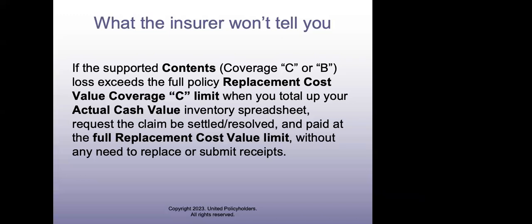So, I'm not saying you need to be an expert in your policy. What I am saying and reiterating is the importance of getting a full copy of your policy with all endorsements, and at least taking a look at your endorsements. Even if they don't make sense on their own, have somebody else take a look. Have your neighbor take a look, have a professional take a look, so that you're not missing out on these